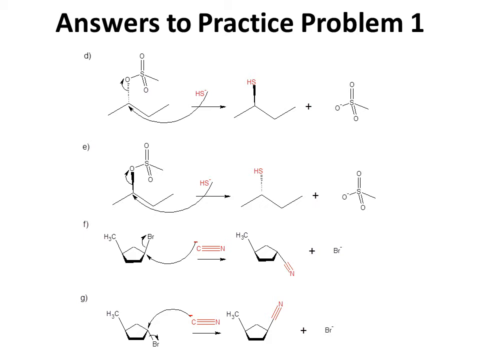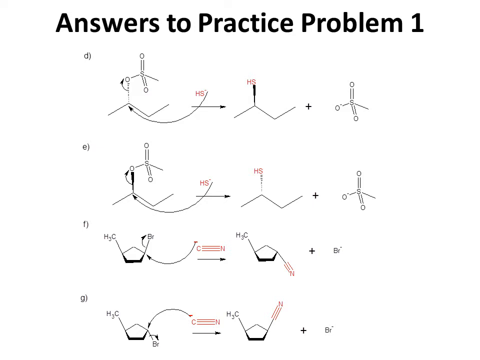In problem E, now the sulfonate's towards you. So the thiolate anion, SH-, comes from the back and produces the opposite enantiomer. In problem F, you have a bromide pointing up. So the nucleophile, CN- or cyanide, comes from the bottom, displacing bromide, giving you a new diastereomer in which the